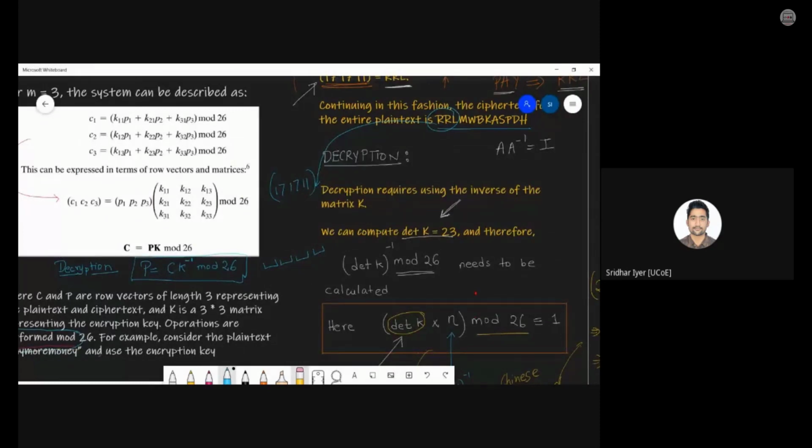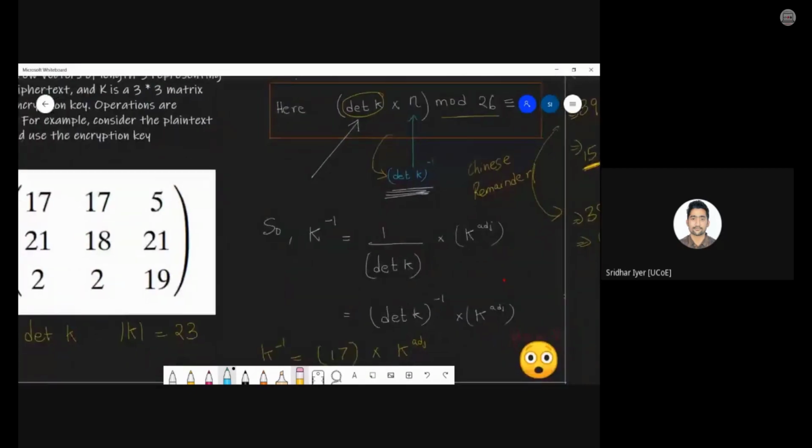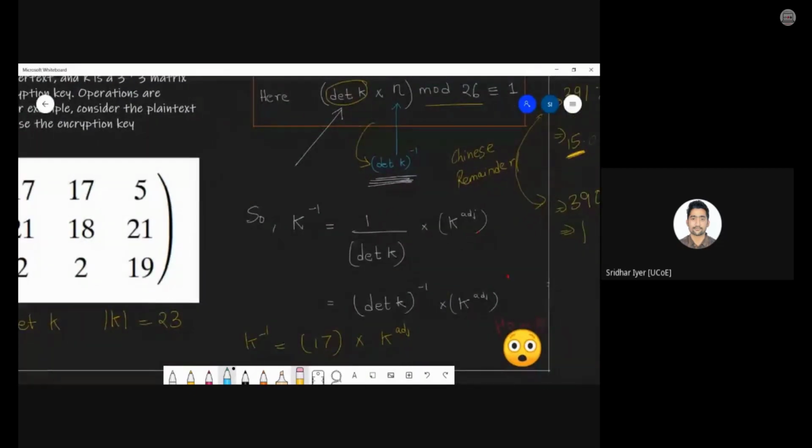You know now how to do it. There is an arbitrary value or an imaginary value n. You multiply that determinant you got with that n value and keep on getting the mod 26. At one point of time, you will get the result as 1. For whichever value of n, the result is 1, that is your inverse determinant of k. Fine. And using this formula below, you first of all find out the adjugate of k, and using the adjugate k value, you multiply it with the inverse determinant of k and you get the answer for k inverse.